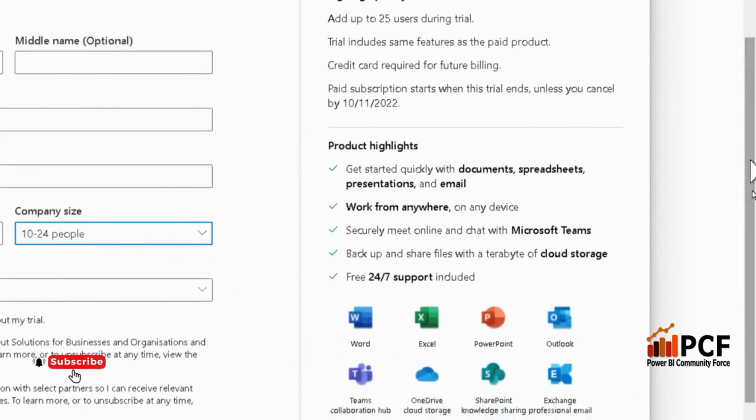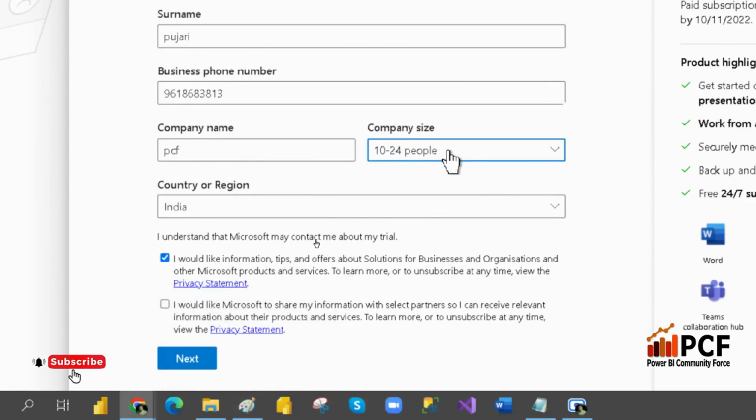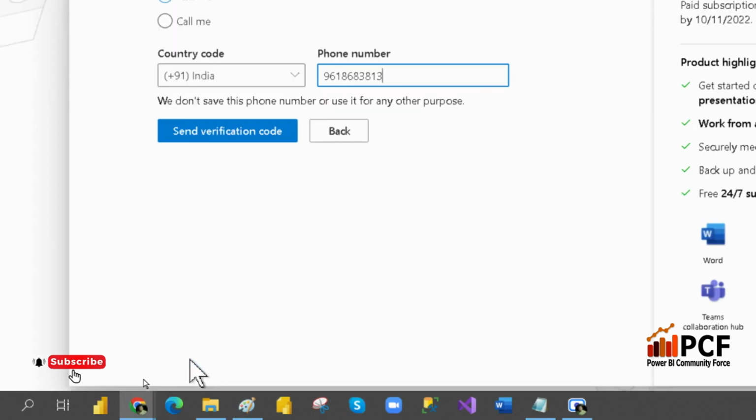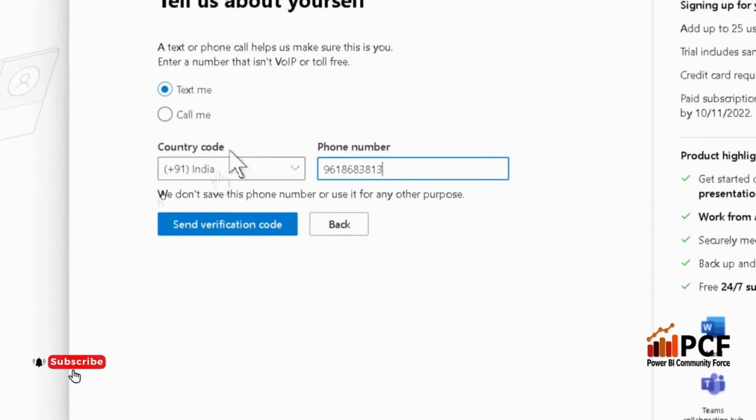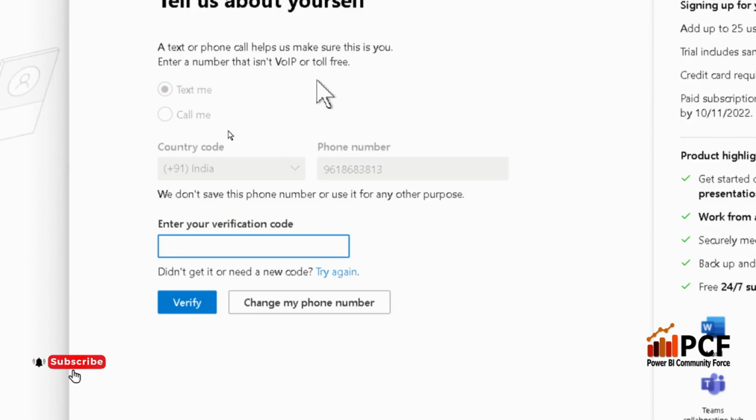That is India. If you want to receive the notifications and all, you can click on that one. Otherwise, you can click next. Then they will ask for the verification of your mobile. You can go with the text or you can go with the call. If you already have an account, you can use that. I will tell you how to use that. Then you can enter the verification code,